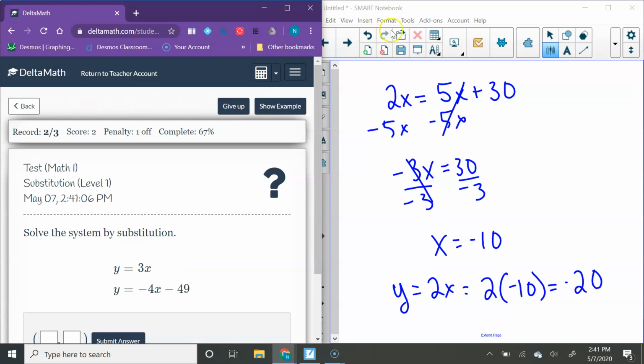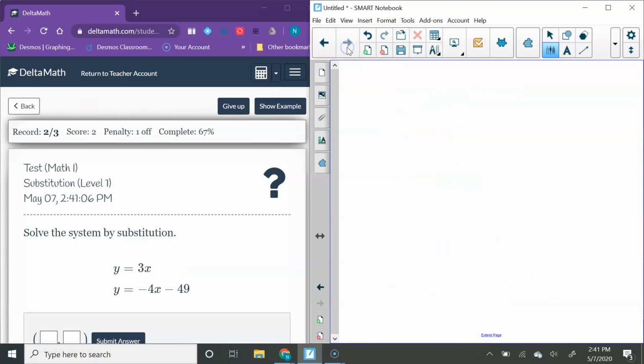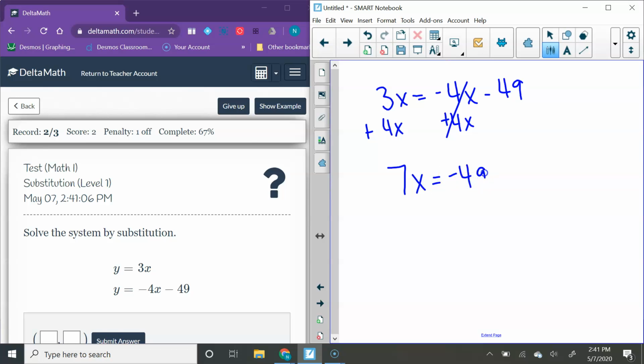Okay, let's do one more like this. Again, these are both equal to y, so we just set them equal to each other. 3x equals negative 4x minus 49. This time I'm going to add that 4x to move it over here to the other side. It gives me 7x equals negative 49. Divide by 7. And so x equals